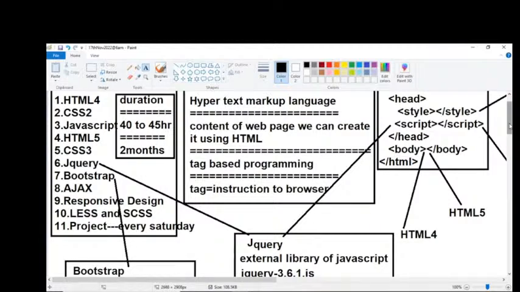Next we are using doctype, HTML, head and body. We use it here for writing our HTML coding. Now I'm using doctype, HTML, head and body. In this body tag, what all